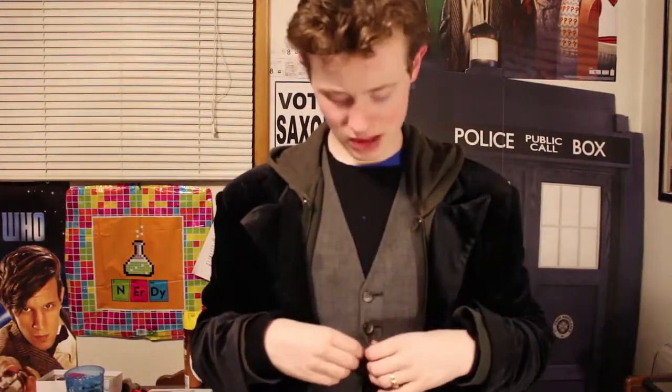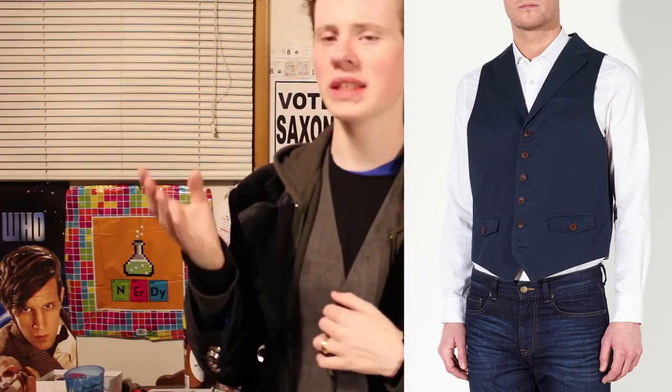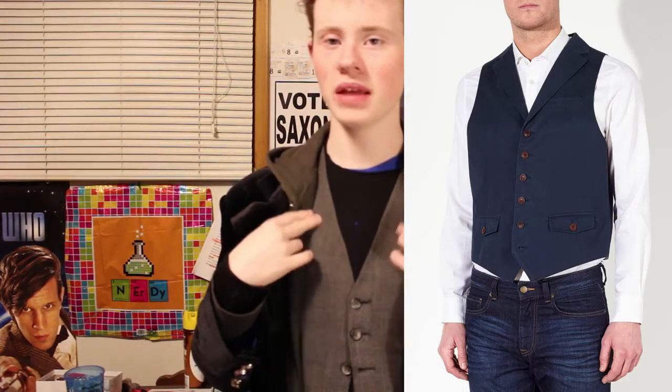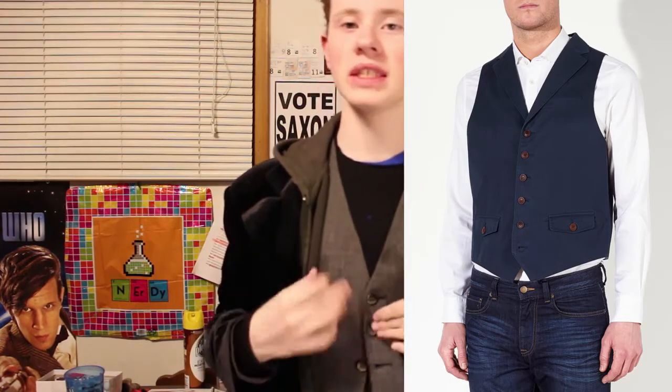But it also has a vest. The actual one is a John Lewis cotton navy waistcoat with notch lapels and 6 buttons on it, and this spare that I had has 6 buttons on it, and the first two buttons at the top are buttoned. Here, I'll just unbutton this one for you guys. But this also has the